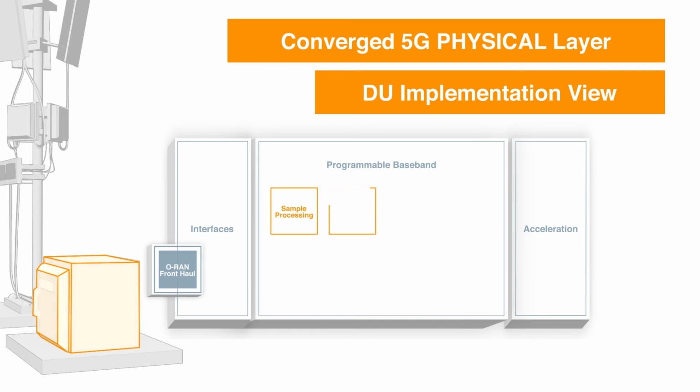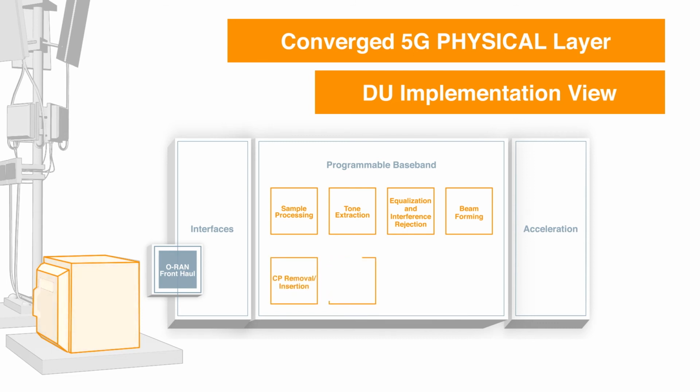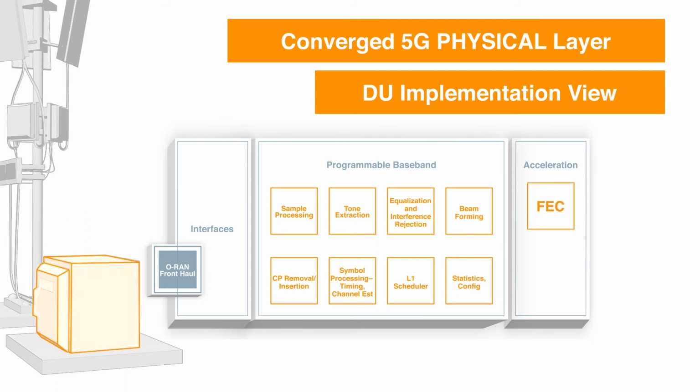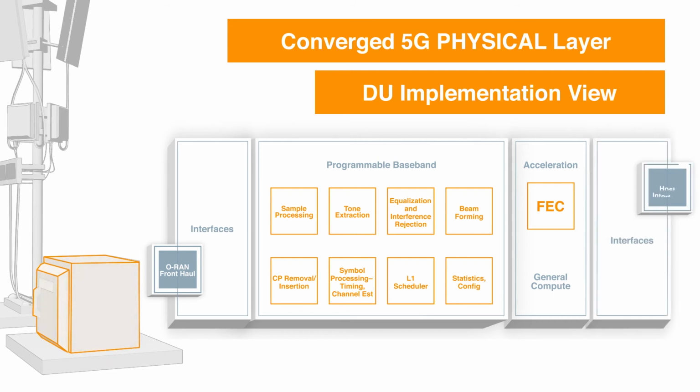And here we face a few design choices. To make it hard or to make it soft. What makes sense? Some of the data path in the standards needs specialized acceleration to meet high throughput requirements. Forward error correction (FEC) is one such block, and it is standardized and very specific, and there is not much value for making it flexible. Then there would also be some of the standard defined operations for very specific PHY channels such as DMRS extractions, tone extractions, precoding, layer mapping, and such.